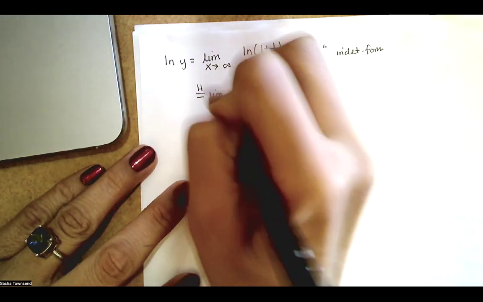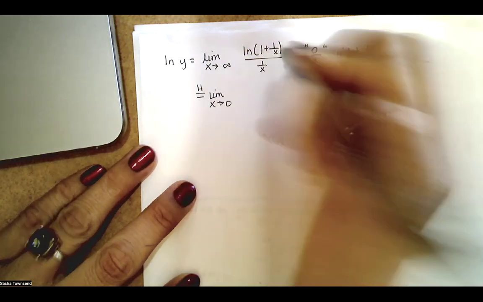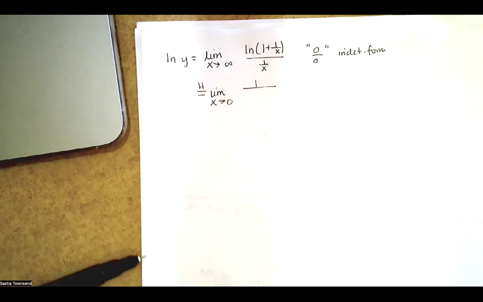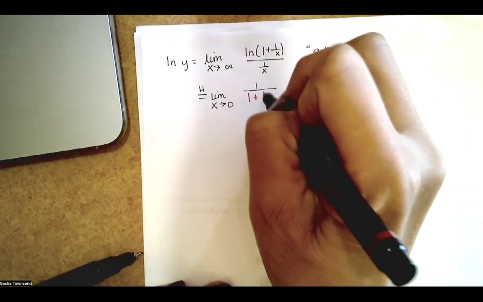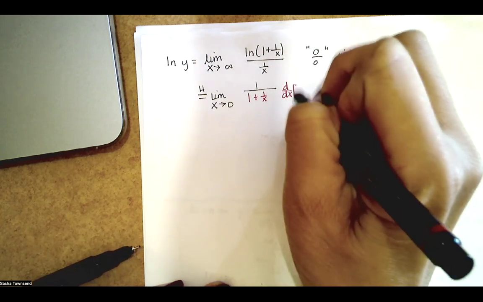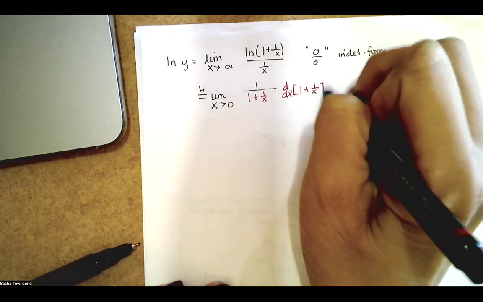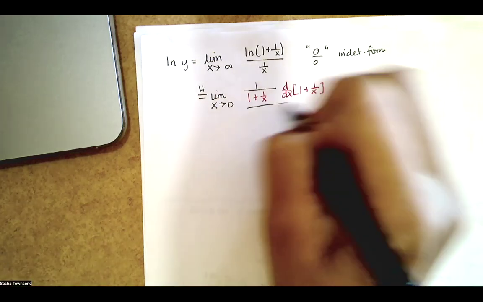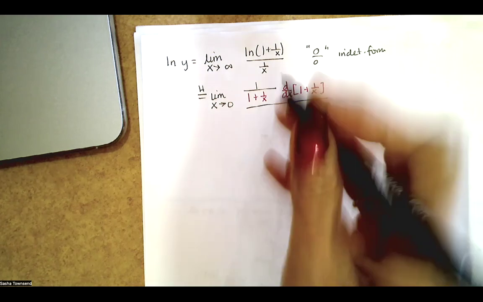So this is the limit as x goes to infinity of the derivative of the numerator, which is 1 divided by the inside function by the chain rule, times the derivative of the inside. And the derivative of 1 plus 1 over x is the same as the derivative of 1 over x. If we take that and we divide by the derivative of 1 over x,